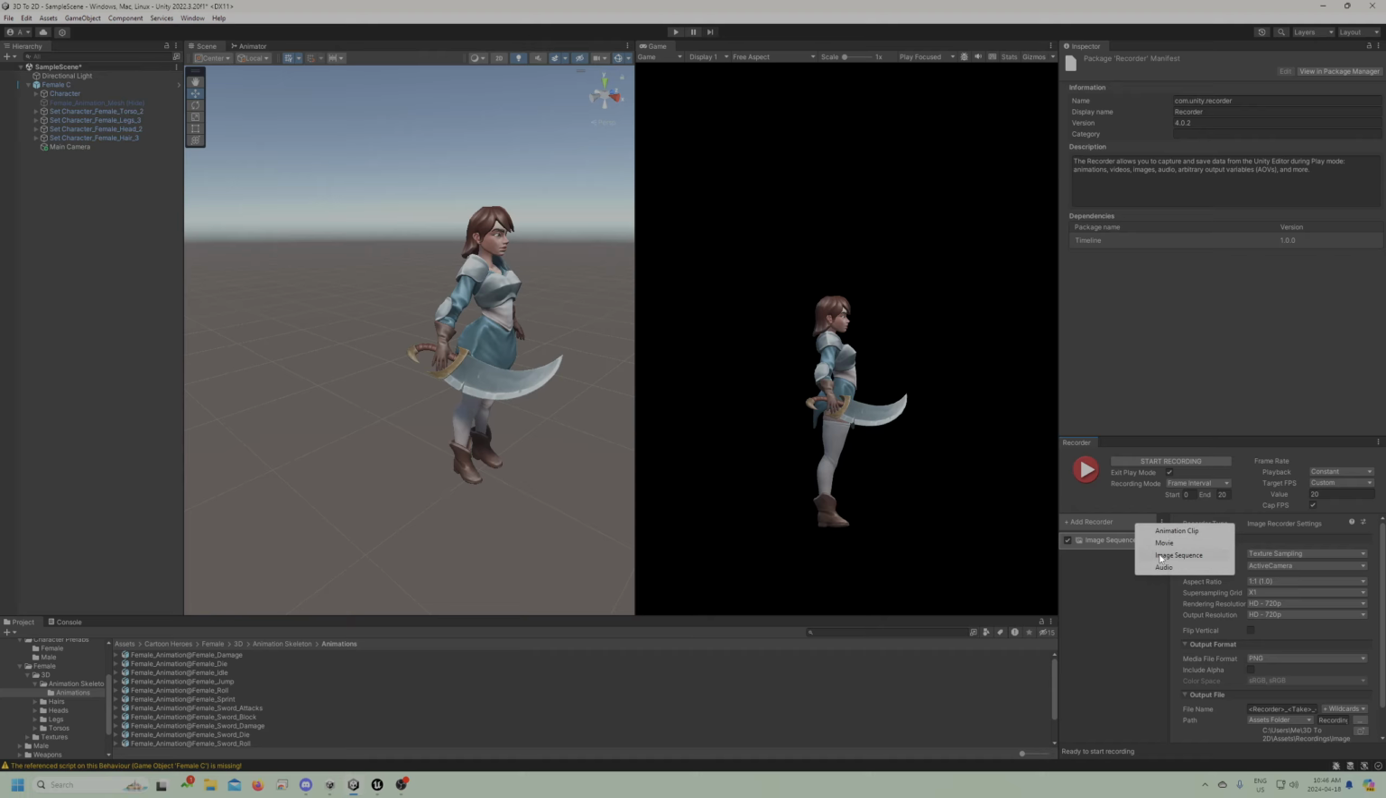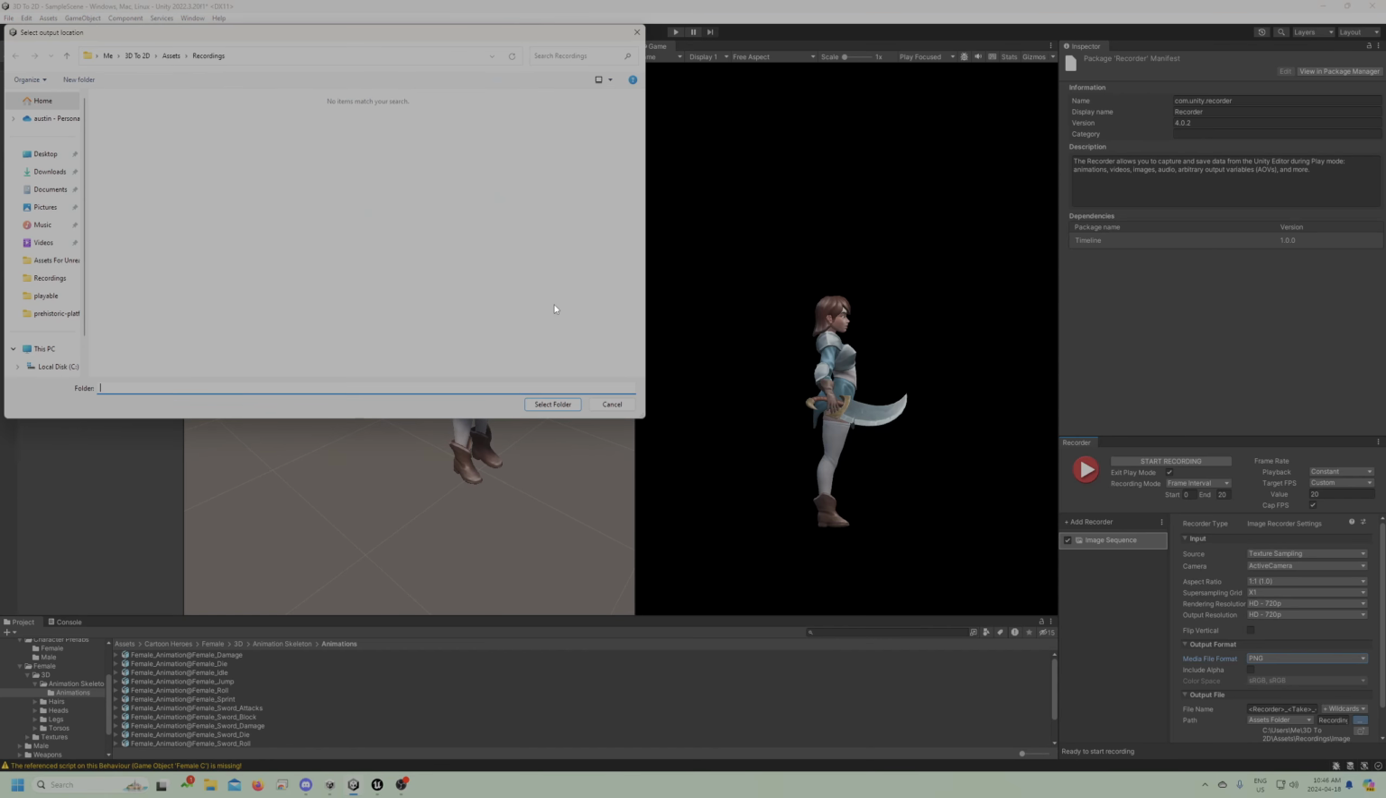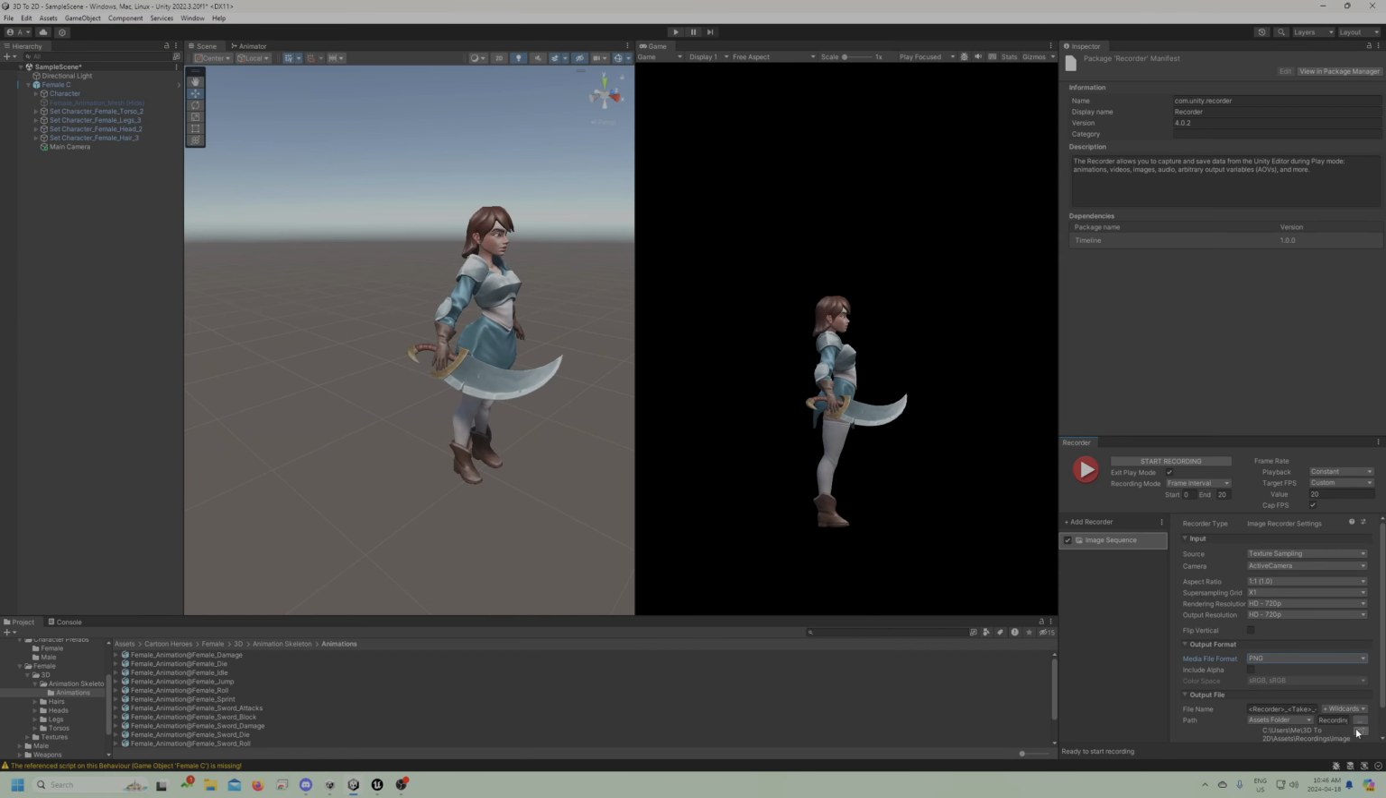Add a new image sequence. Texture sampling, active camera 1:1. You could pick your resolution. I just set it at 720. Make sure the output is PNG. And then here, with this little button here, you can create a folder that you want to save the frame captures in. And then once that's all set up,